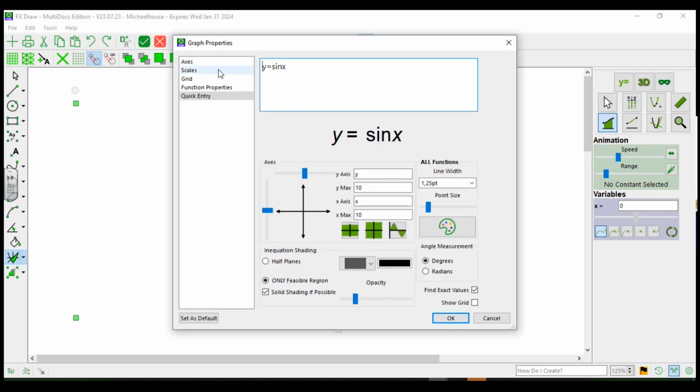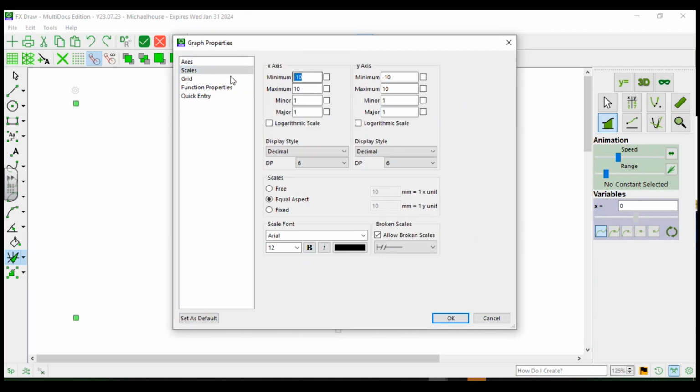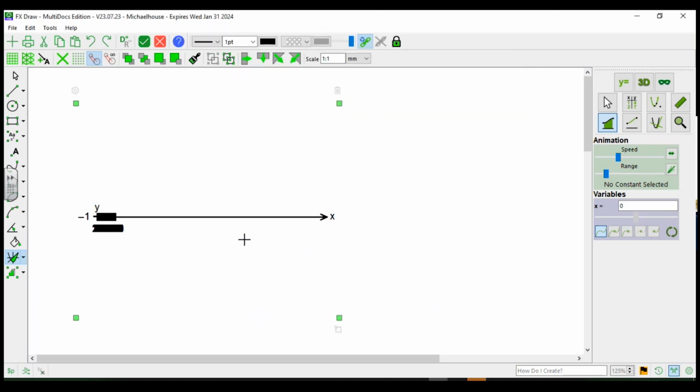So I'm now going to go to my scales, and I'm going to make the scales from, say, 0 in here. So I could actually type pi, if I was doing the radian thing, and I could use increments or fractions of pi. I'm just going to go from 0 to 360. All right, and I'm going to go from -1 to 1. Okay, now when I say okay,